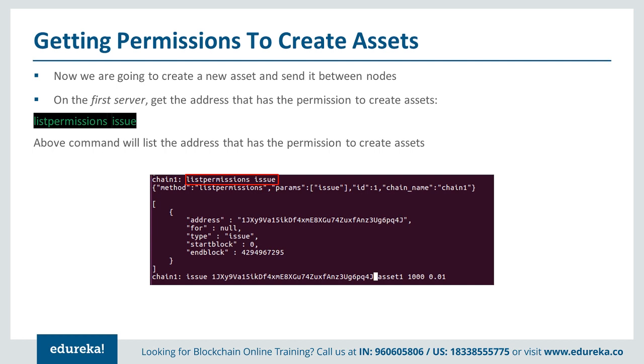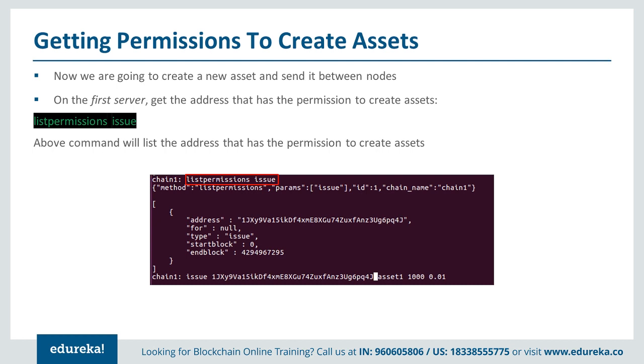Now, whether I have the permission to issue an asset or not. So let's come to the asset. An asset in this is basically anything that I define with any kind of denomination. For example, I define an asset gold with the value 10,000. Then I can issue that asset to any other node, and I can give the permissions of using that asset to any other node. Now we are going to create a new asset and send it between nodes.